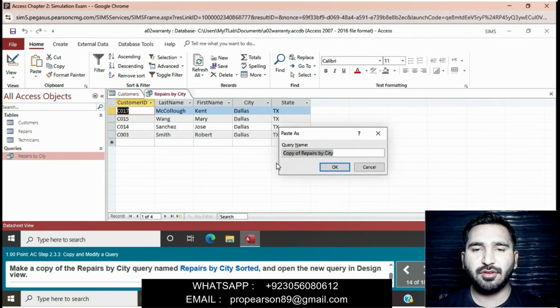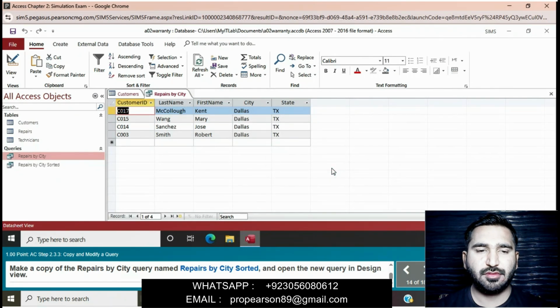The query name is repairs by city sorted. Then click on OK and open the new query in design view.